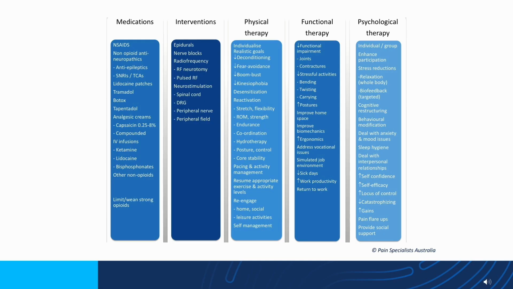Briefly touching on some pain management strategies. There are medications to use. There are sometimes interventions that can be used if first-line therapies are not effective. Physical therapies, there are many things that a good pain physiotherapist can help with. There are many things a good functional therapist can help with. So that's a pain occupational therapist. And of course, psychological therapy is vital for most people with chronic pain as well. That's just the rough treatment algorithm that you can step into for these patients. And again, discussion of another lecture.